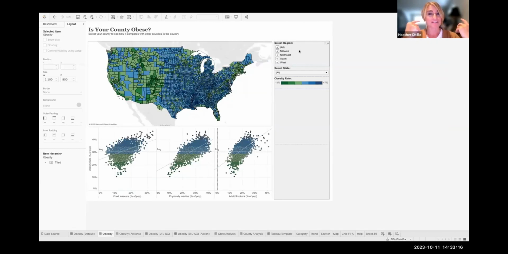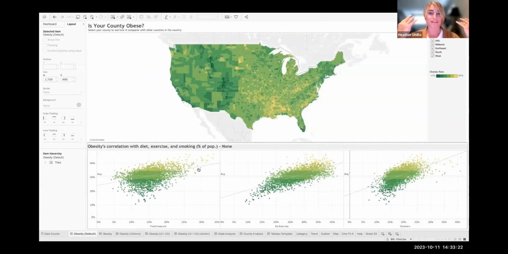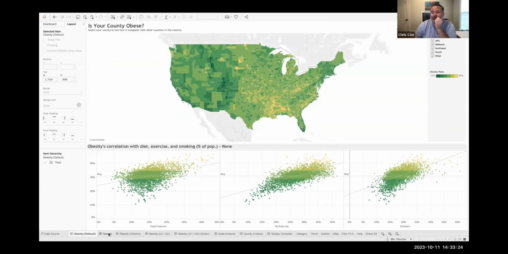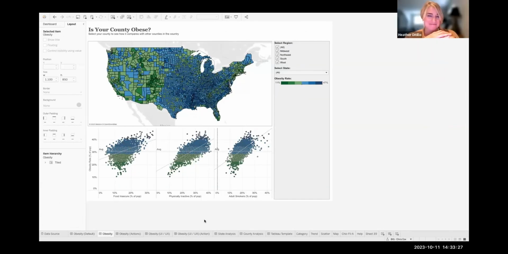So thanks, Chris. When Chris goes back, this is an original dashboard that used to come out of Tableau out of the box as one of the examples. Yeah, it looked like this. Couldn't stand it, and we remade it and used it as a way to teach our class. So let's go back to the original, Chris, and just show that.